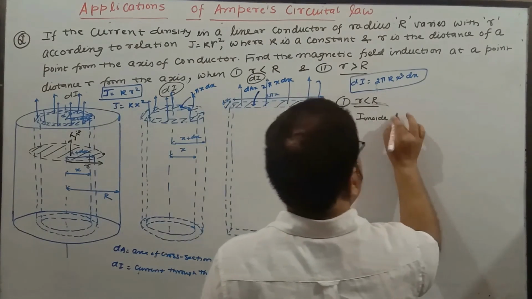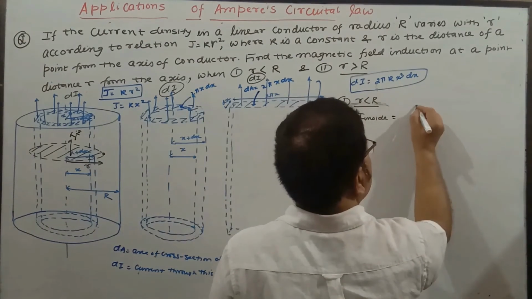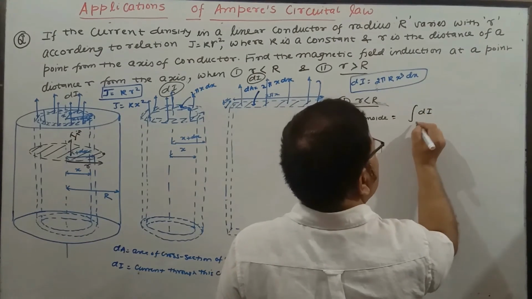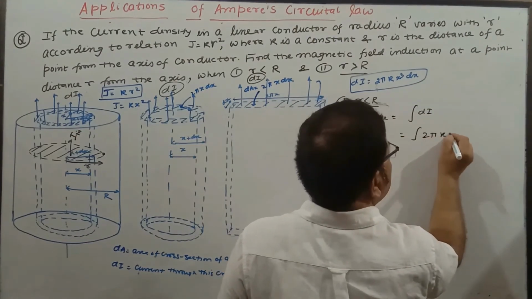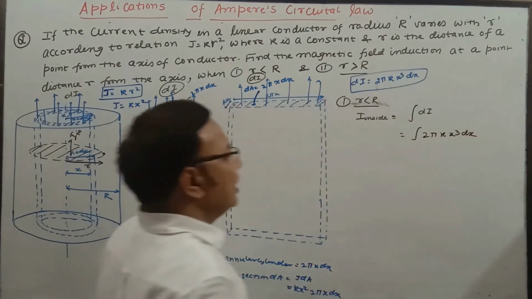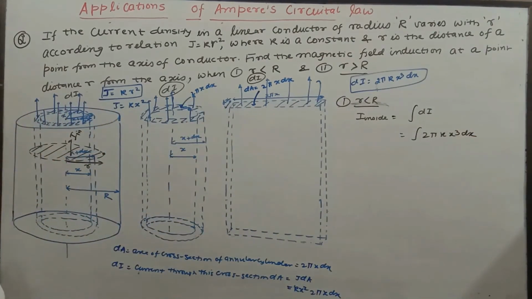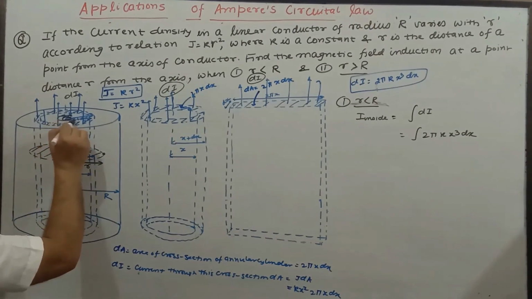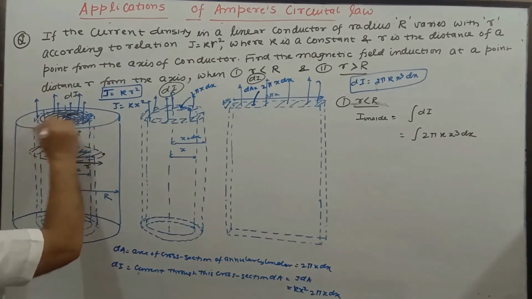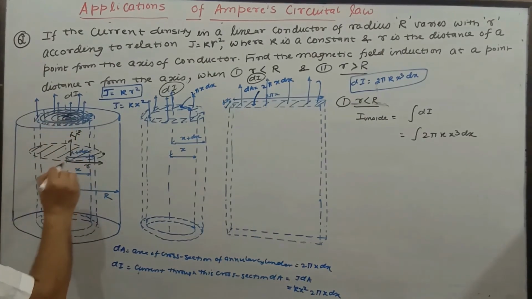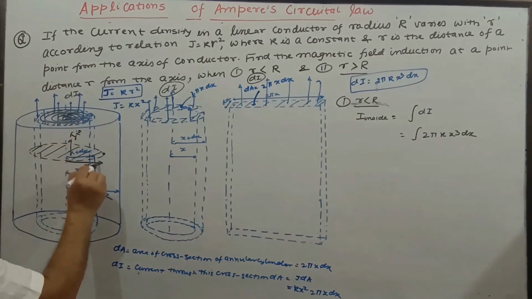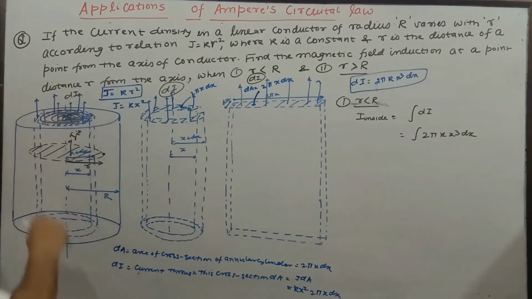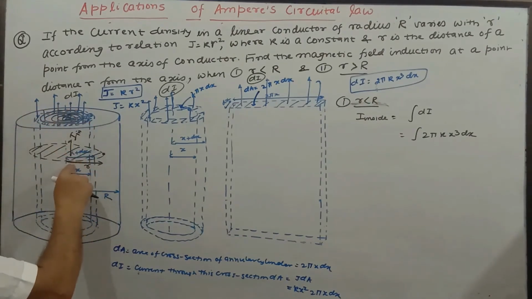Here I inside is equal to the integration of dI, that is, the integration of 2 pi k x cube dx. What is the variation of x? For the whole thing, in this way, very small circular annular zones we are going to consider. So the minimum value is a cylinder of radius 0. The maximum value is capital R. So within this boundary from 0 to R, we are going to consider a number of annular zones. We are going to divide it into very small annular zones.